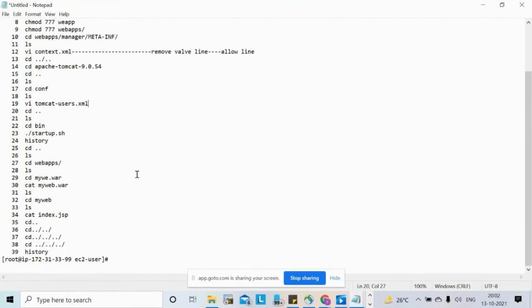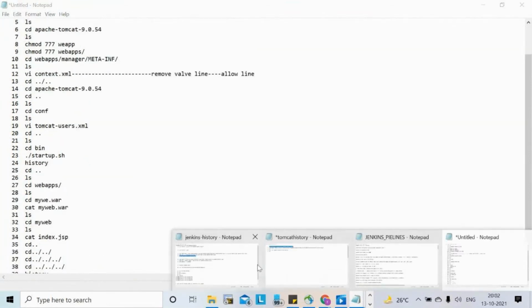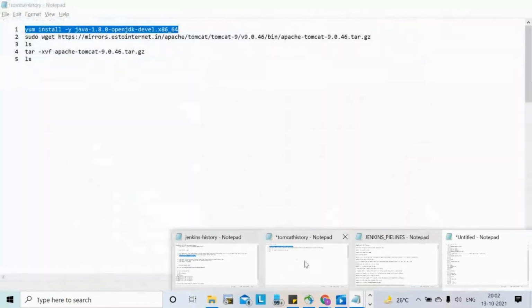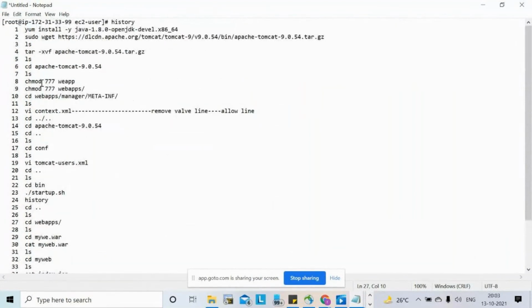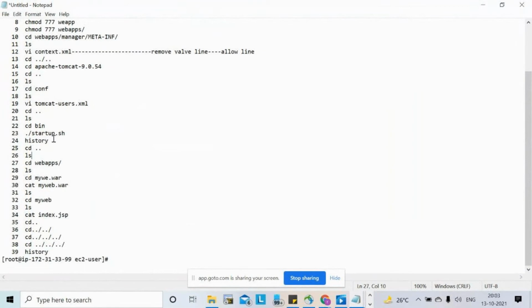And next, Tomcat. I think I already have it, so I'll give you that one. I will forward this notepad to you. In Tomcat, here, the manager GUI, then username and password. You must specify them in between these double quotes only.